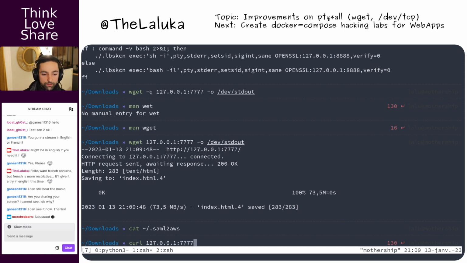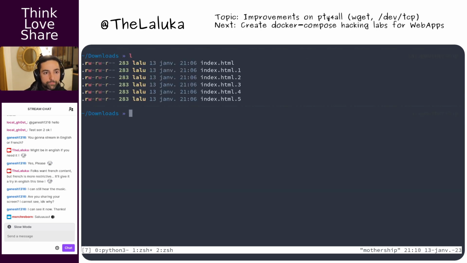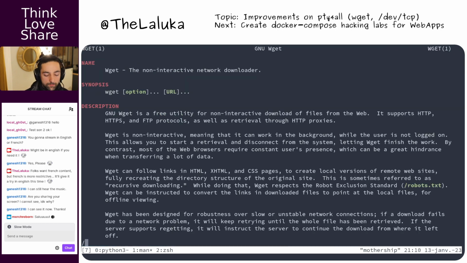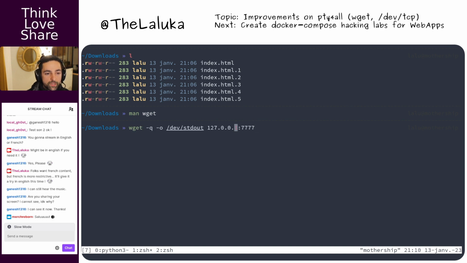So the arguments need to be before the actual URL, maybe. Nope. I'm just not choosing the right option from the beginning. Sweet, this one should be better. This one might work, does not. Awesome, dev stdout.